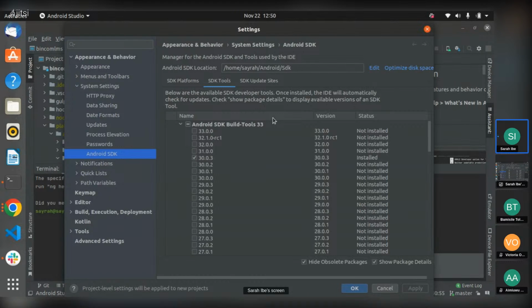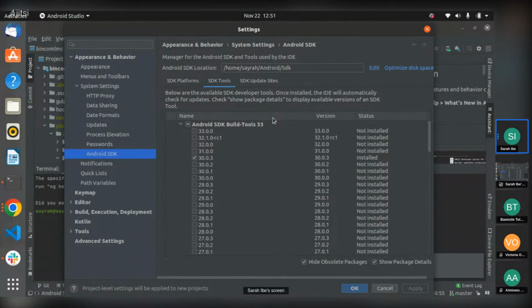Android Studio is an IDE just like VS Code, but it's specifically designed for Android development. So there are some environments, some things we have to configure in Android Studio to enable us build applications properly. One good thing is that after setting this up on Android Studio, it's not compulsory that you code with it. You can just set these tools there, but then go on to code with your VS Code.